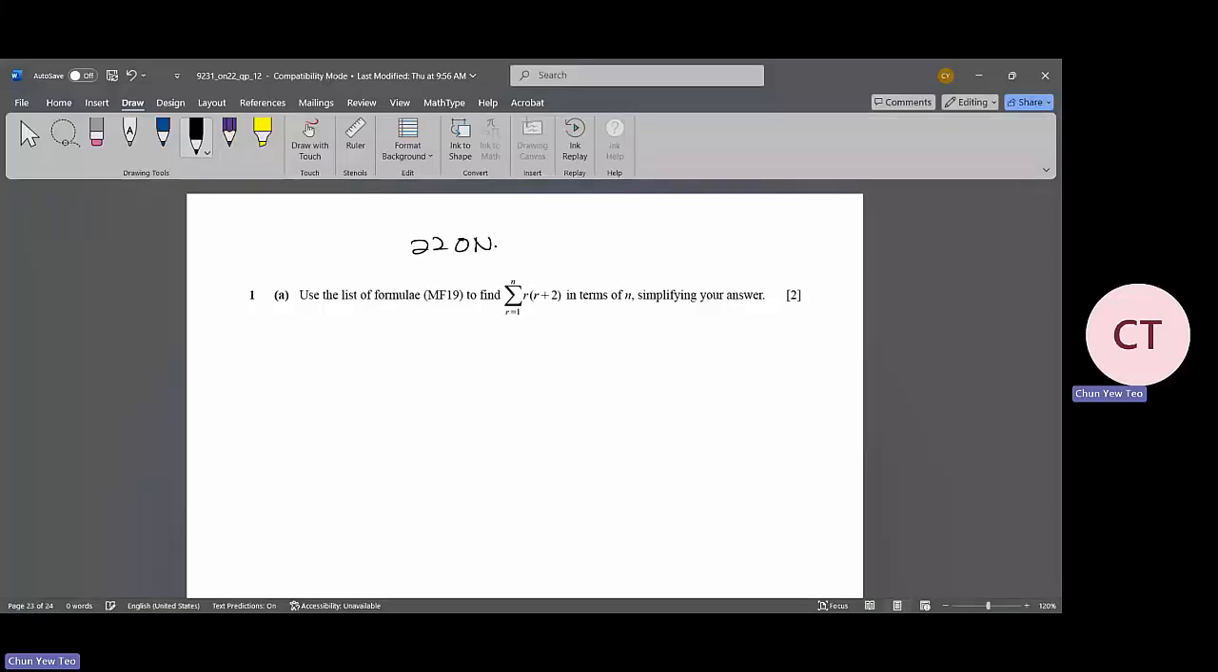2022 October, November, paper 12. So let's take a look at the first questions. 1A. Use the list of the formulae MF19 to find the series over here in terms of n. Simplify your answer. So for these questions, very straightforward. You just need to expand